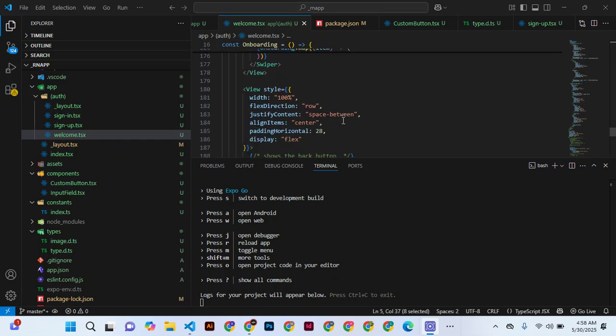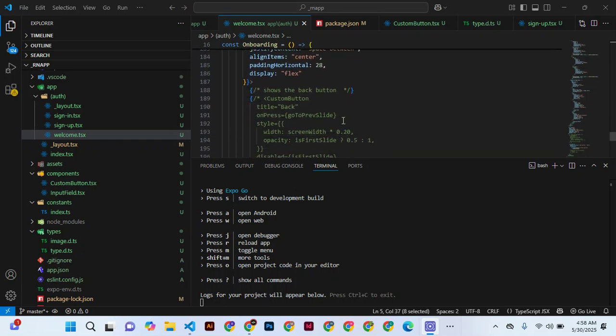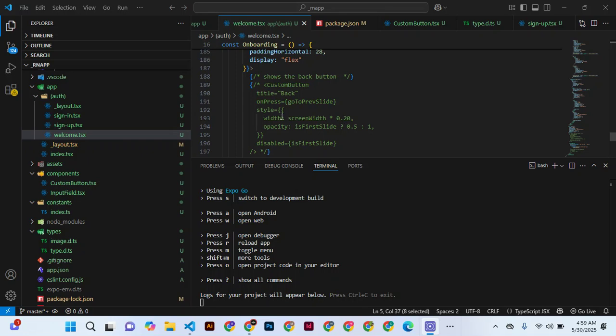That is another width 100%. Yeah, it is here. But this one was being used when we were